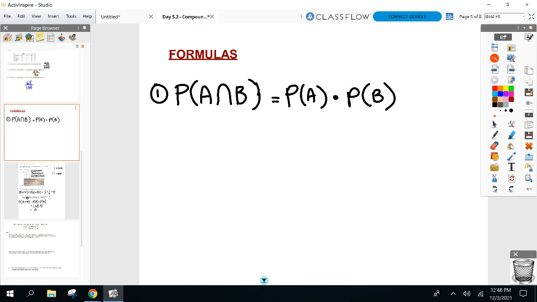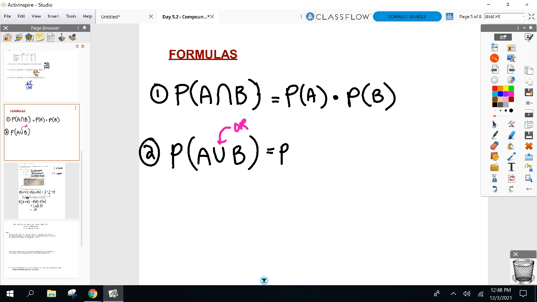Yesterday we did and probabilities, and we also had or. So we're going to need a formula for that. Let me introduce you to the or symbol. Flip it, you got the or symbol. Little bit more involved than the and formula. Here it is. Probability of A. Ready for the change? Plus probability of B.